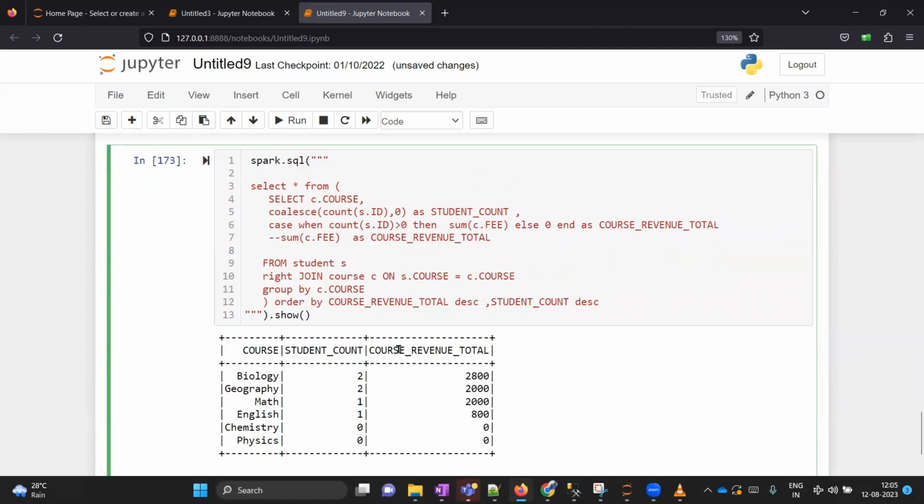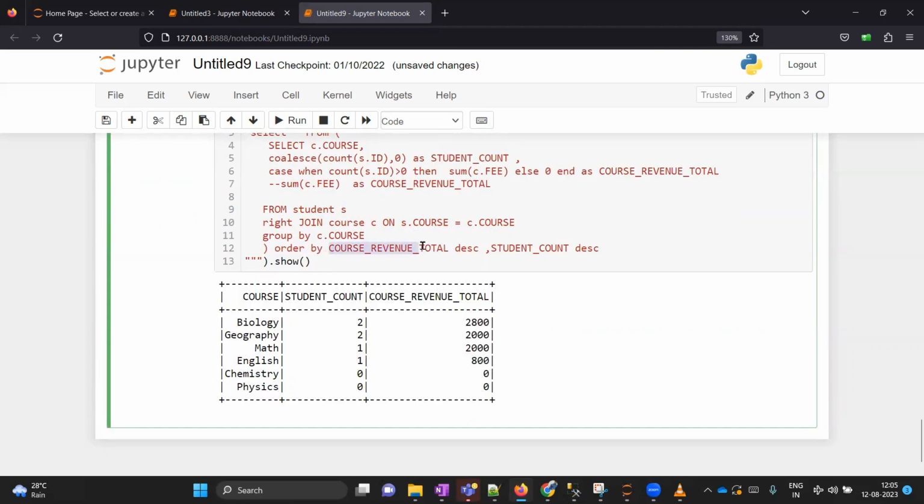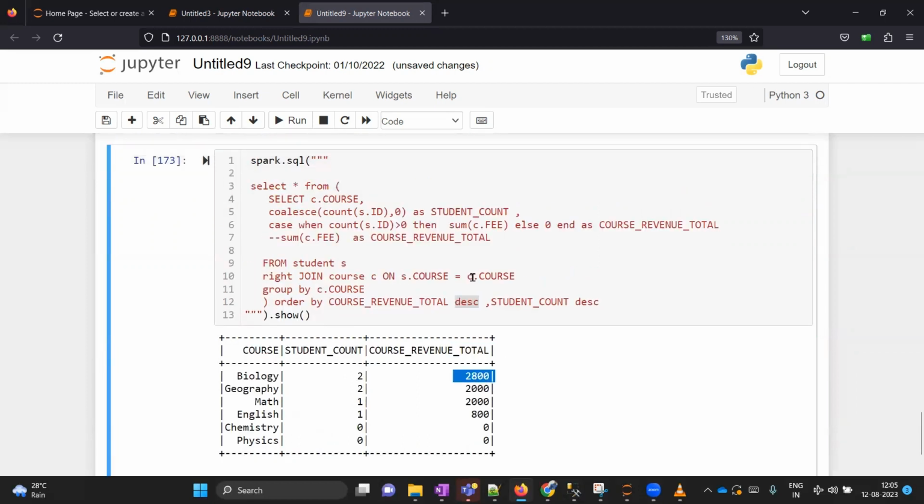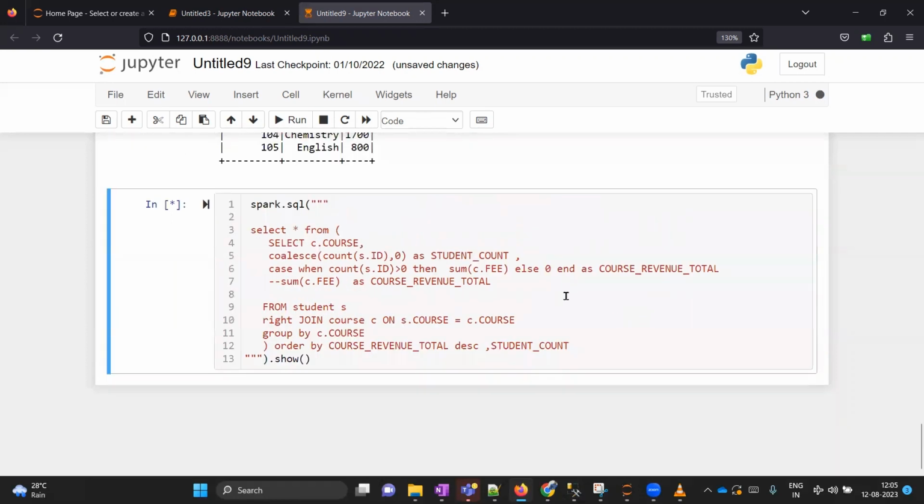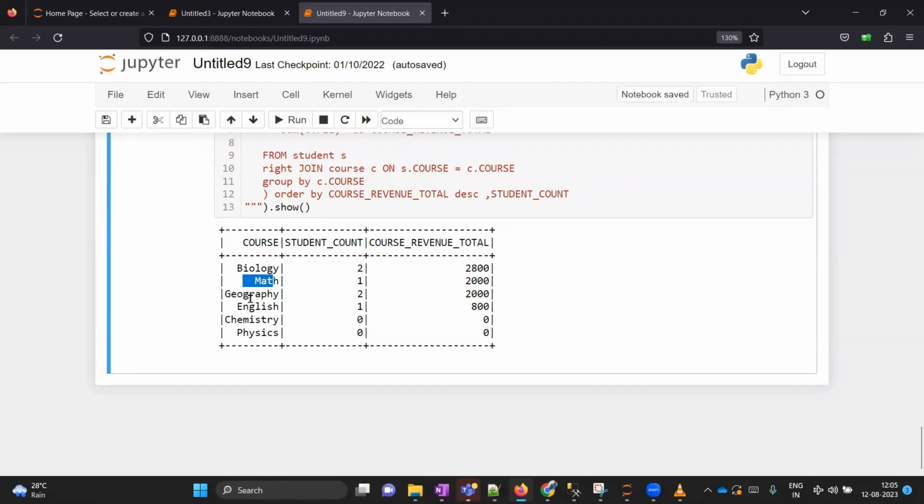Now the second requirement was that we need to display our output where the maximum revenue should come on top. For that, what we have done is taken this inner query, and on top of it we have run the order by clause on the course revenue total column in descending order, so that the course which has the highest revenue comes on top. Now there was one more catch. If I do not use this descending, then let's see how it will behave. Here you will see that the revenue with respect to math and geography, they both are contributing 2,000